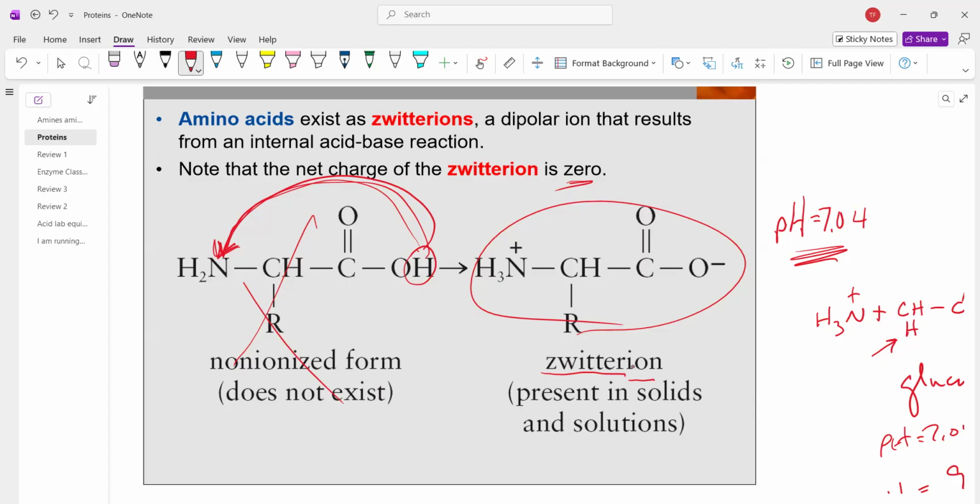Okay. Anyway, bottom line is this is the way amino acids need to be represented, as ionic. So hence they're very soluble in water. Whenever you have ionic intermolecular forces, it's very